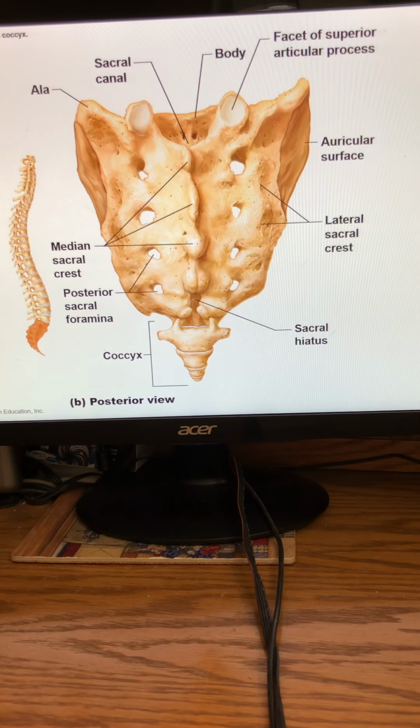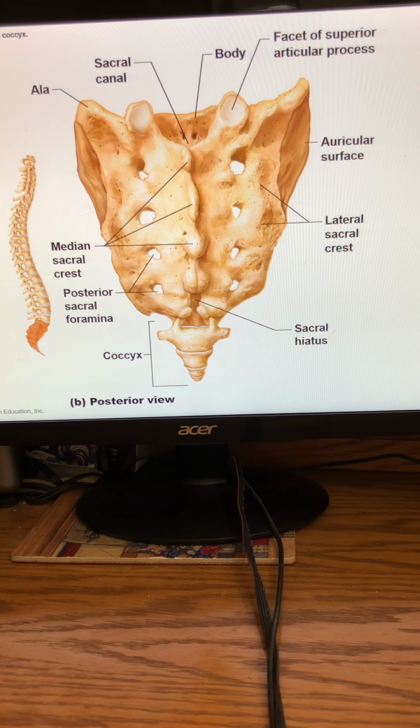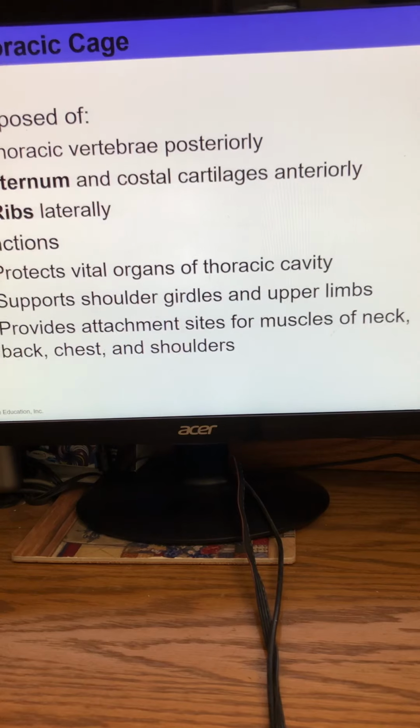The coccyx, which is your tailbone, is usually going to consist of, depending on the textbook, 3, 4, 5 particular bones, and I have it as 3, 4, 5 rudimentary vertebrae. Usually, if you have more than that, when you're born, they'll probably cut it off, or make sure you don't have a tailbone. So that brings us to what I alluded to before, and this is also in the axial